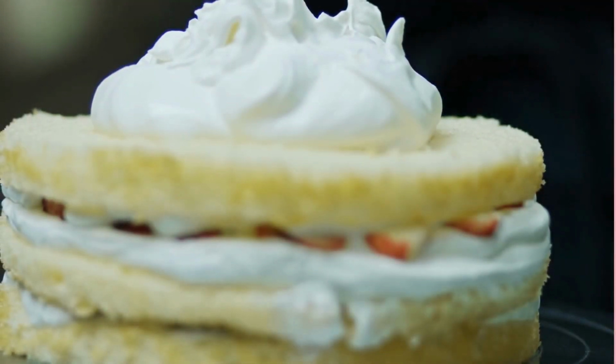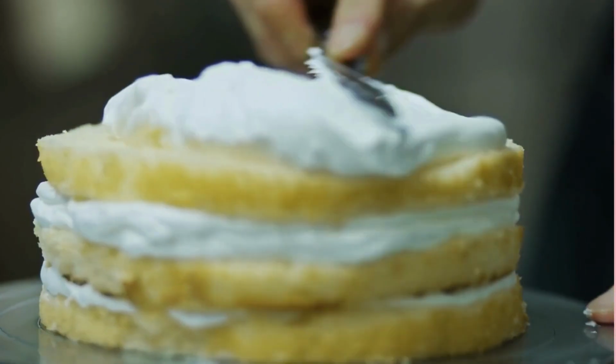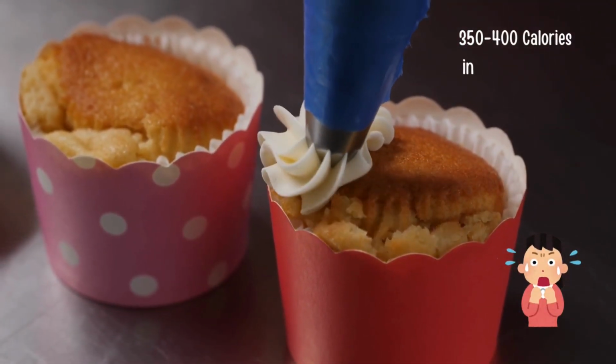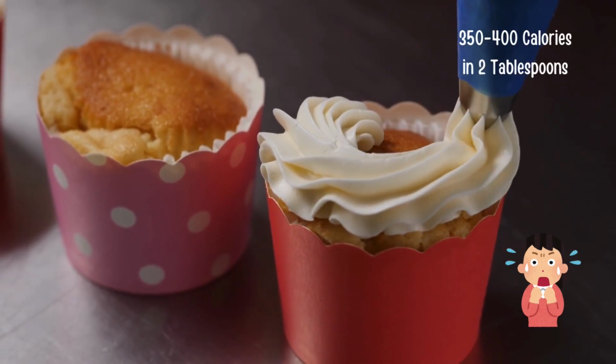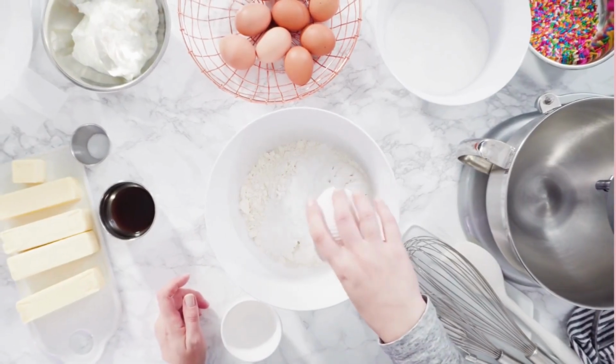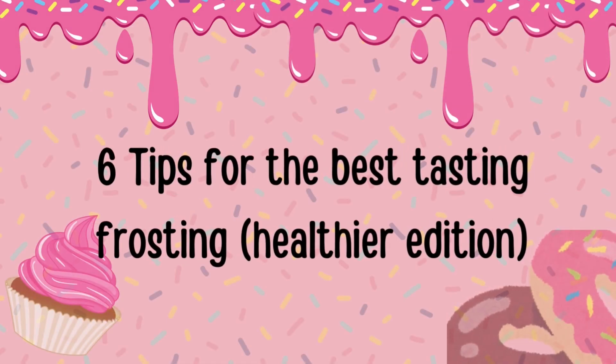Everyone loves frosting on top of their desserts, but we tend to deprive ourselves of it because regular frosting can be quite unhealthy. Like, did you know that traditional frostings on average may contain 350 to 400 calories in just 2 tablespoons? Now, you can cut down these calories by tweaking a few ingredients and replacing them with healthier options. So in this video, I want to help you make and enjoy tasty yet healthy frosting with just 6 simple